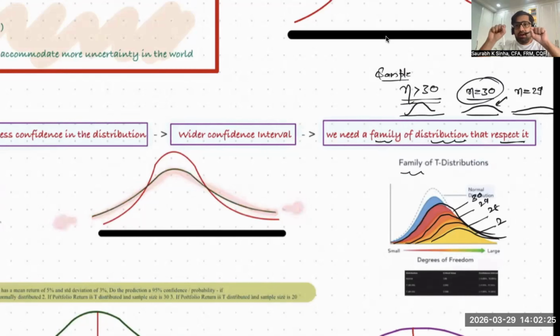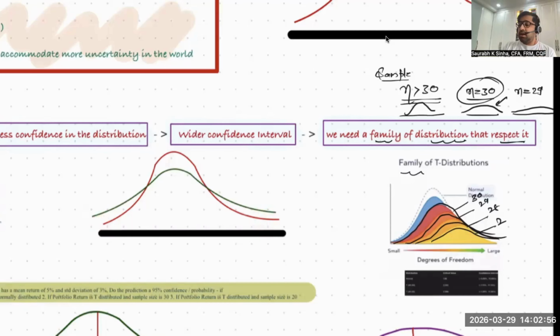You can keep on stretching this thread. The peak will get lower, lower, and lower, and the tails will become wider, wider, and wider, and fatter, fatter, and fatter. So fatter tails. What is the meaning of fatter tails? The meaning of fatter tails is that the probability of the extreme left and right outcomes has increased in the t distribution. Why? Because it is a bad distribution. That's why the outlier probability has increased.